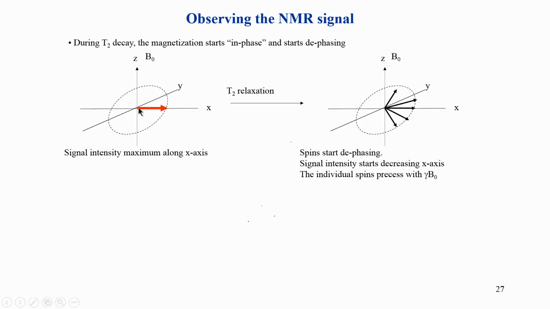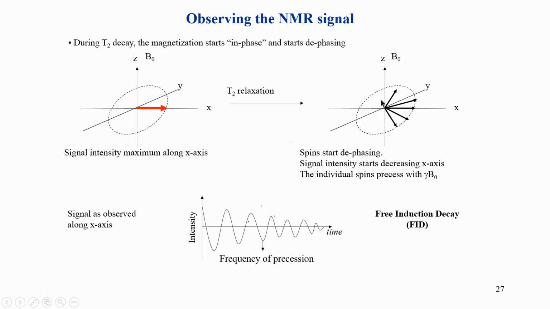So, let us see a little bit more in detail these two relaxation pathways. This is shown here. We have brought the signal to the xy plane or x axis, and the signals are all bunched together. Now, after removing the pulse, the signal is free to go back to the z axis, because it has to reach the equilibrium situation. So, the spins start dephasing. They start spreading out in the xy plane, and after some time they are completely dephased, meaning the spin vectors are all spread over the xy plane. That happens slowly, and that process is T2 relaxation. So, T2 relaxation is nothing but the decreasing of the signal.